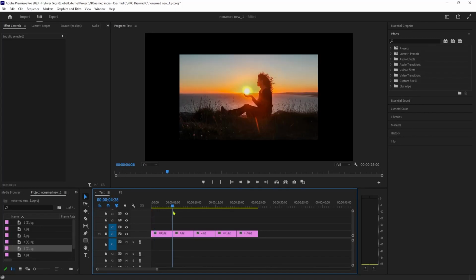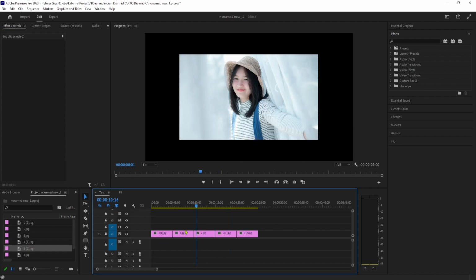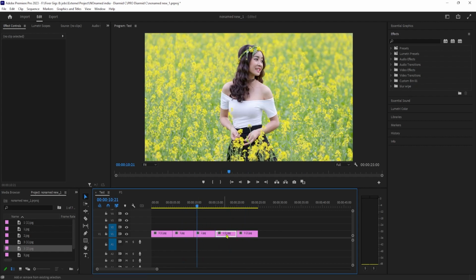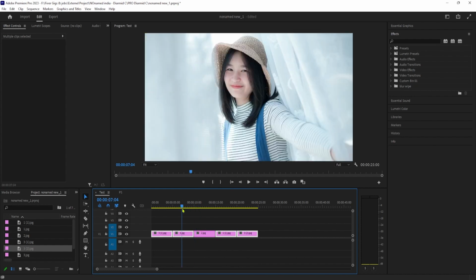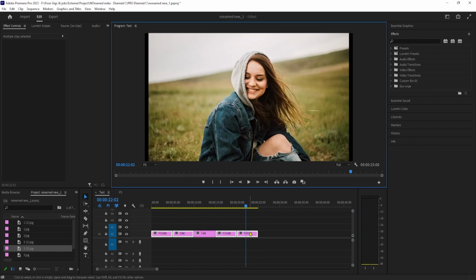I just added a few images to my timeline, but some of them don't fit in the frame. To fix these, hold down the Shift key on your keyboard and then select all the image clips that don't fit. Then right-click one of them and select Scale to frame size. Okay, this looks better now, but there's still these black bars, so let's click in our timeline's gray area to